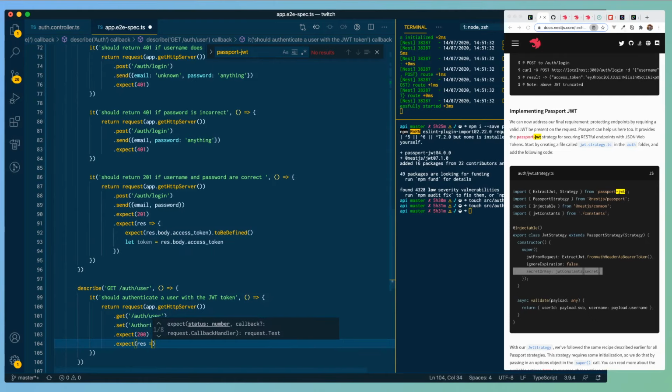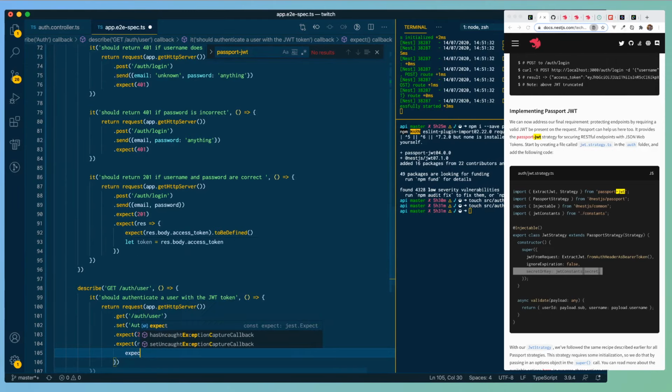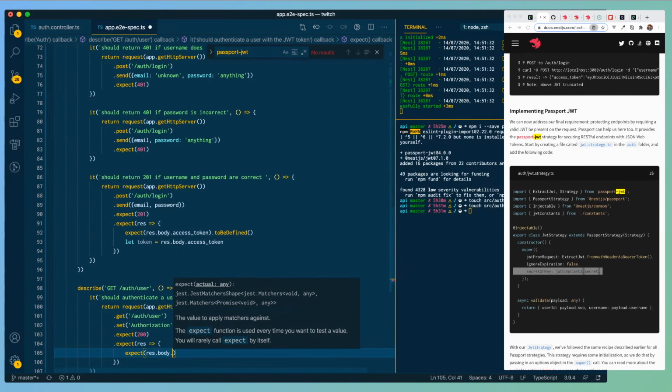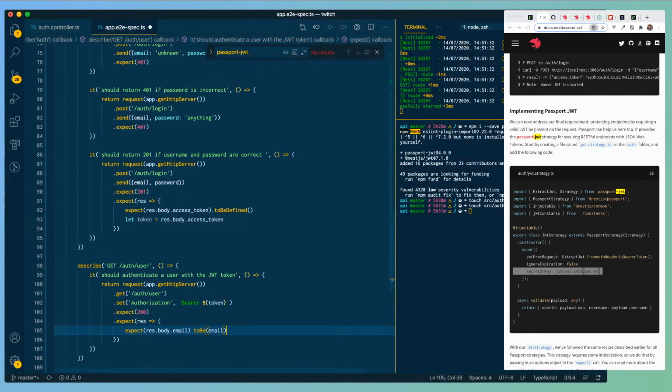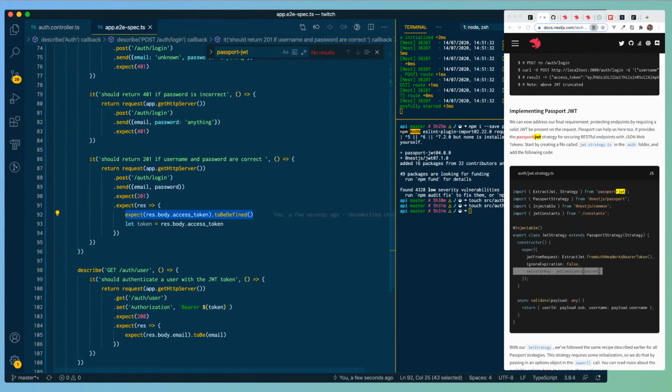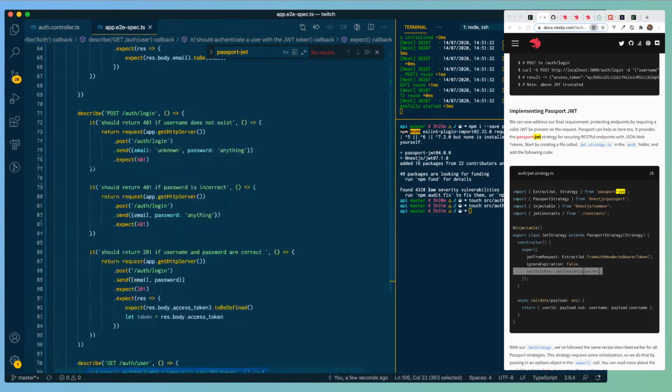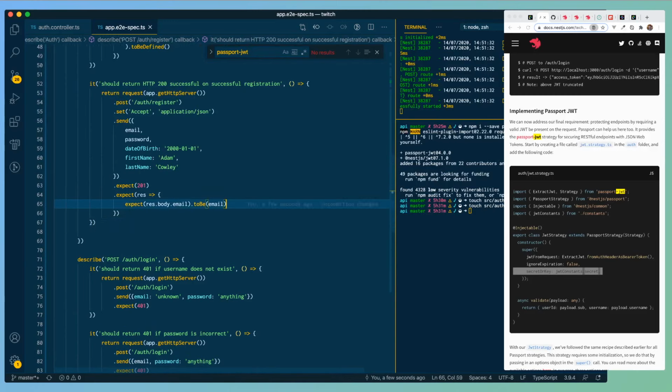And then for the response, again, we expect that res.body.email to be the email that we've supplied. So these should return a token, and then we can use that token to get the actual information from the user, or a more comprehensive view of the user than is stored inside the token. So if I update this one as well, and run the tests,